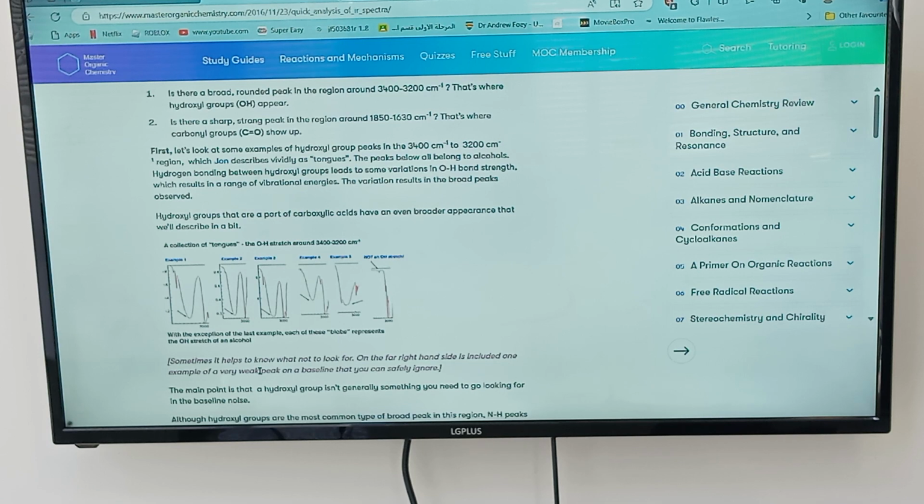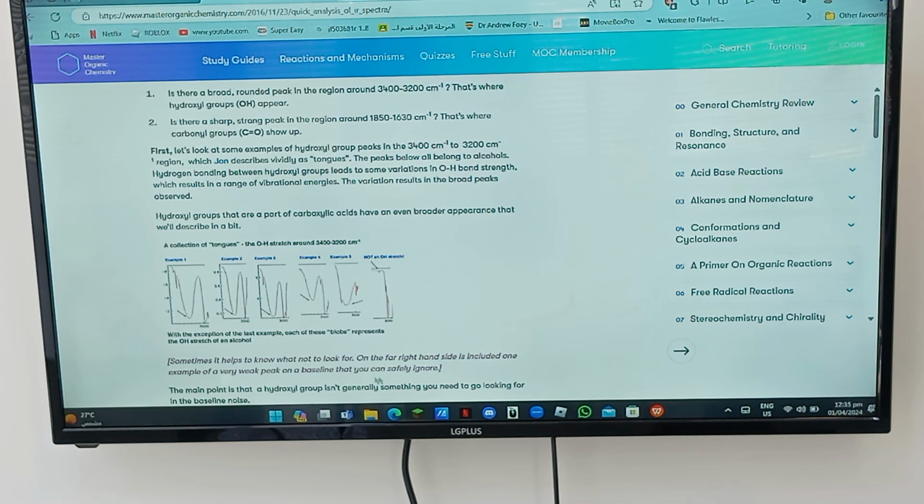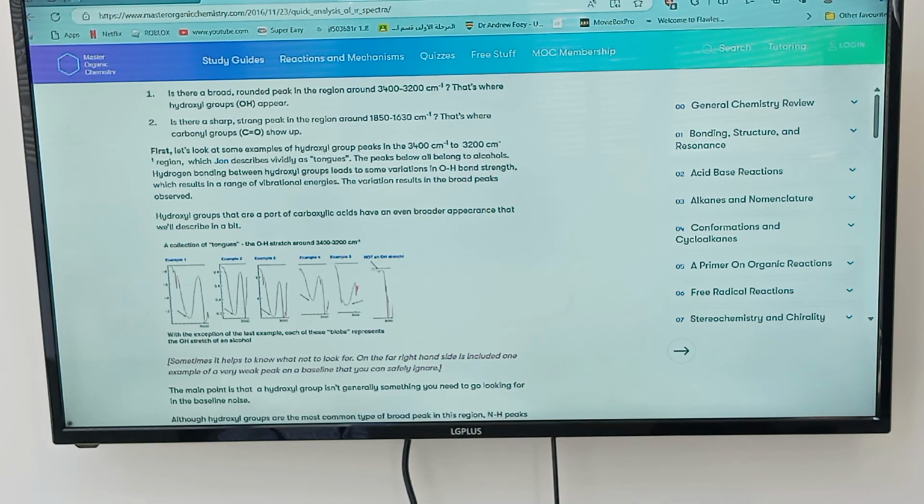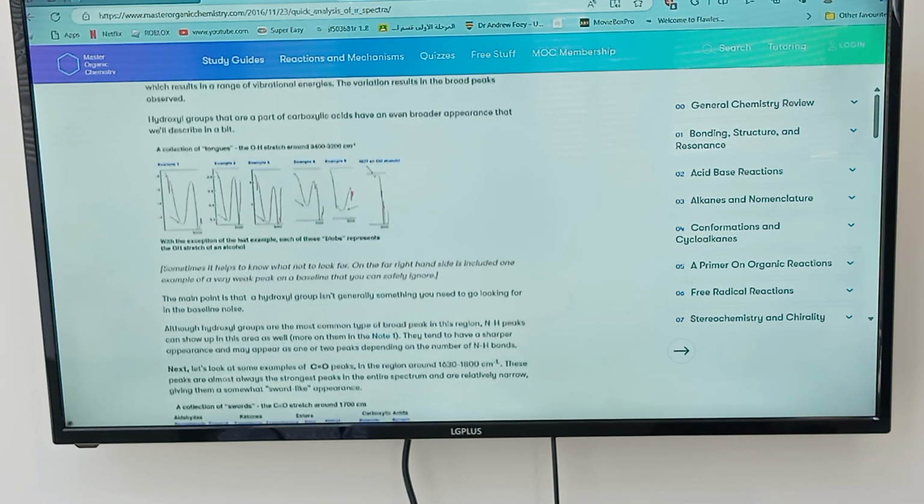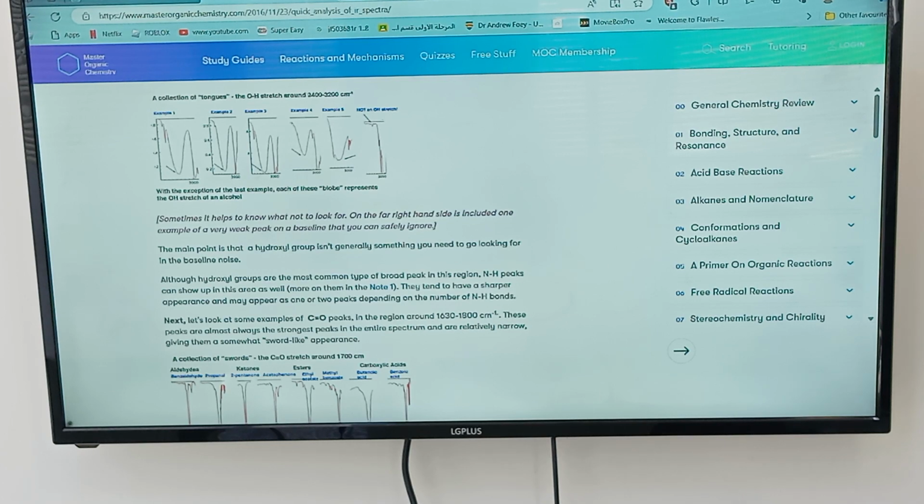On the far right-hand side is included one example of a very weak peak on the baseline. The main point is that a hydroxyl group isn't generally something you need to go looking for in baseline noise. Although hydroxyl groups are the most common type of broad peak in this region,